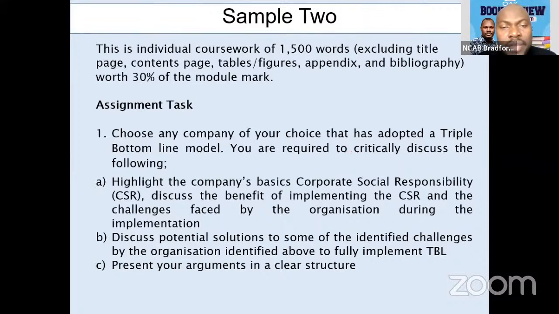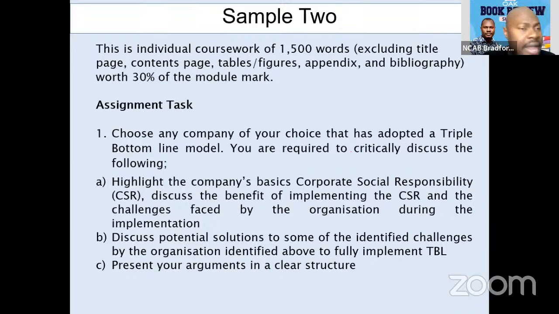So let me go on, then we'll come back again so that we can take questions and answers, because we don't have time. Okay, so I've seen some structure here: introduction, the supply chain, AI in supply chain, the transportation, benefit of AI in supply chain, challenge. This is very good.